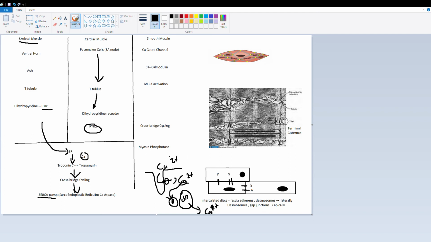Okay, so we've covered cardiac and skeletal muscle. Let's talk a little bit more about their differences. So in cardiac muscle, we have something called calcium-induced calcium release because the extracellular calcium is what causes intracellular calcium release. Here in skeletal muscle, we have extracellular depolarization causing intracellular calcium release. So let's say we dropped each of these muscle types in a vat full of calcium. Skeletal muscle would not contract because all of the calcium that's required for contraction is stored on the inside and